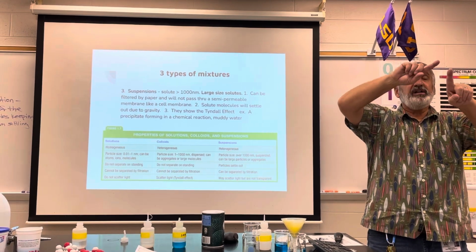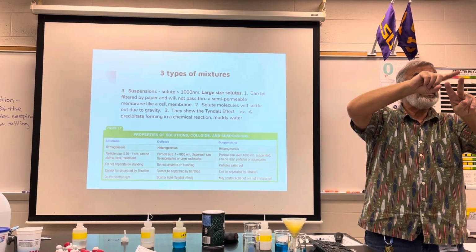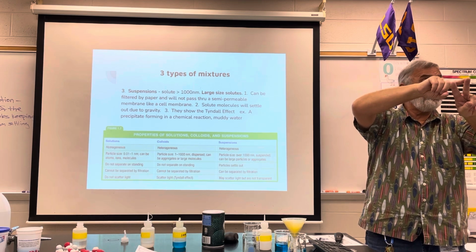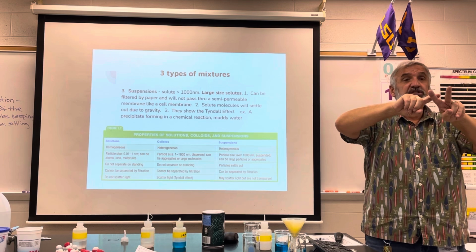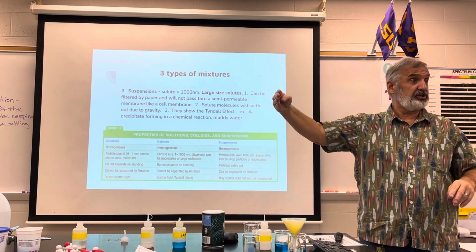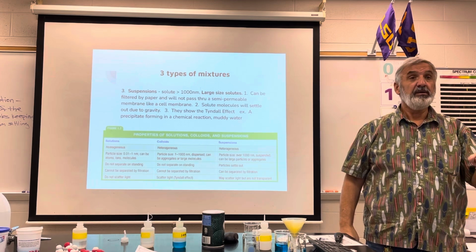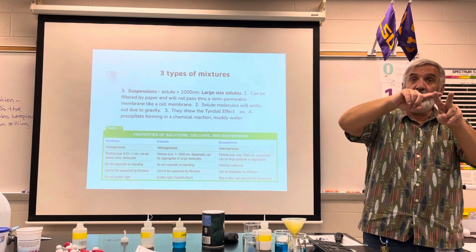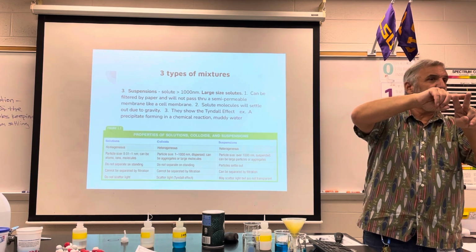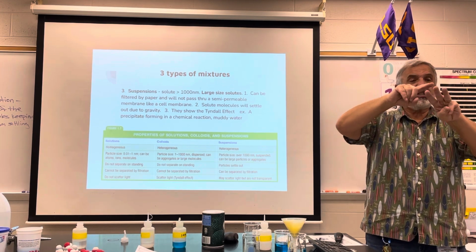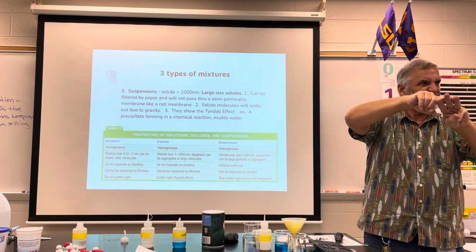If we know that you have a filter paper and you have a semi-permeable membrane. The semi-permeable membrane is a finer filter. It's smaller holes than the filter paper. So now we have small, medium, and large. Small goes through both. Medium goes through the bigger hole, the filter paper, but it won't go through the semi-permeable membrane. The suspension is big, it won't go through any of them. Does that make sense? Yeah.